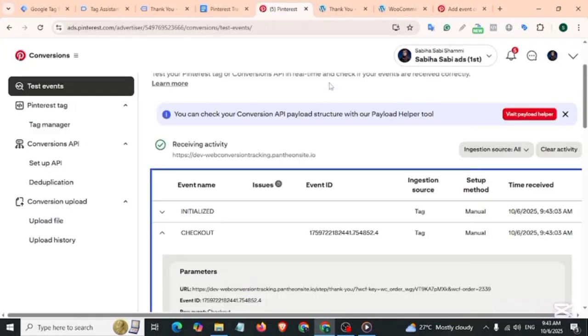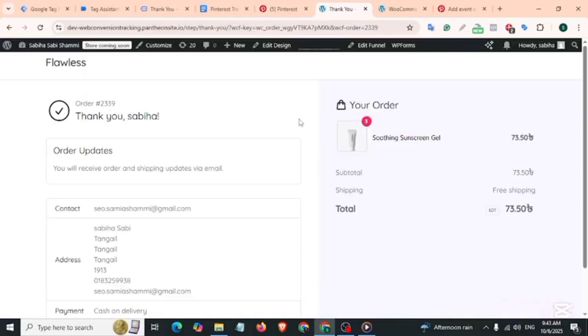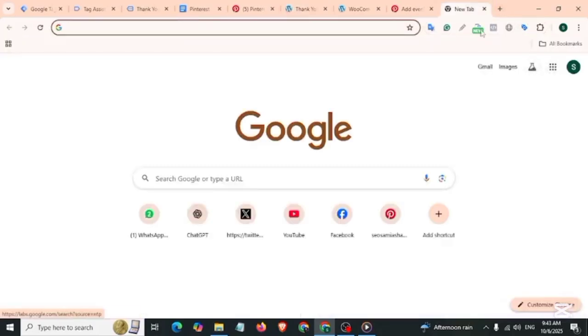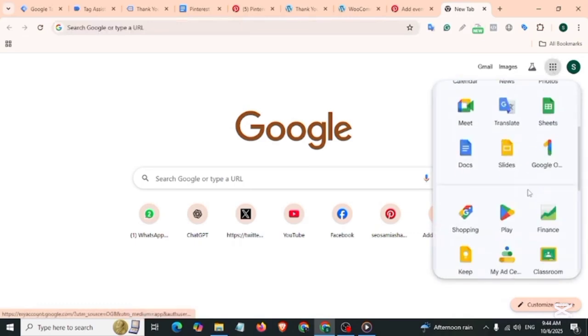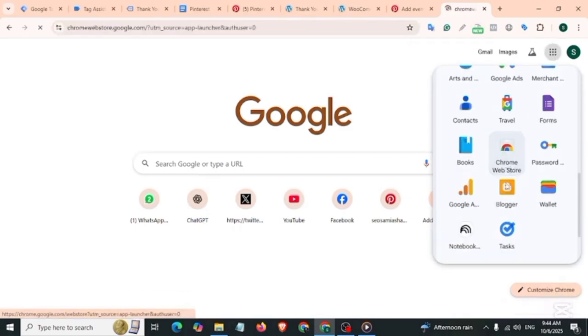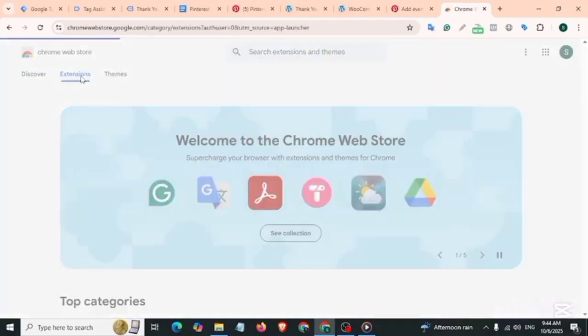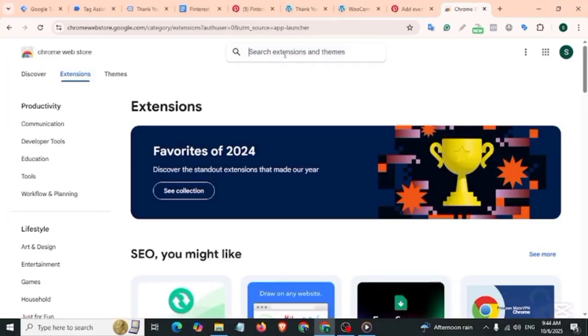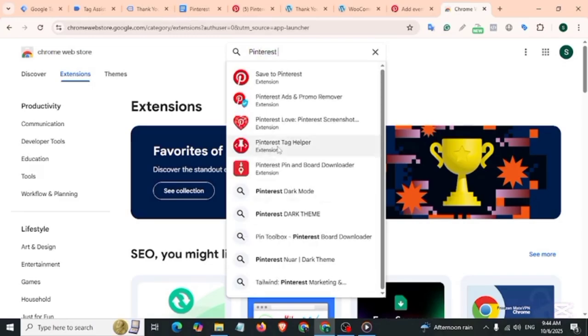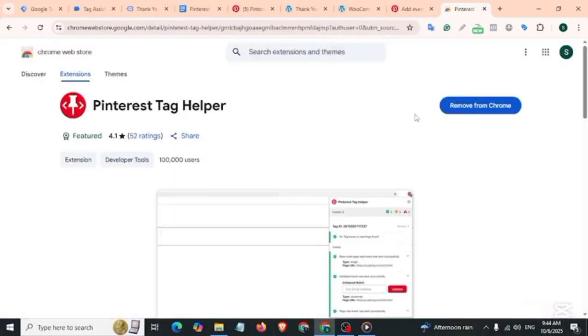Also we can check our setup using the Pinterest Tag Helper extension. To add this extension, go to the Chrome browser, click on the nine-dot icon, scroll a bit, go to the Chrome Web Store, move on to extensions, and search for Pinterest Tag Helper. I have already added this extension, that's why on my side it shows Remove from Chrome. If you haven't added this extension, it shows Add to Chrome, just click on Add to Chrome